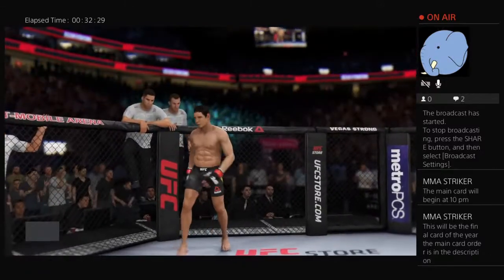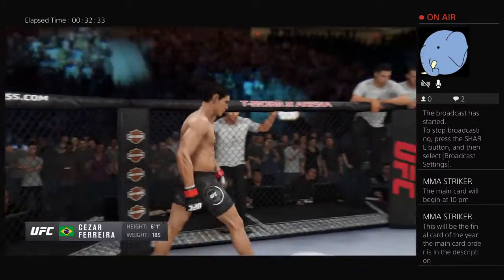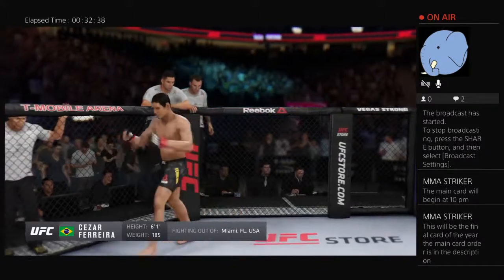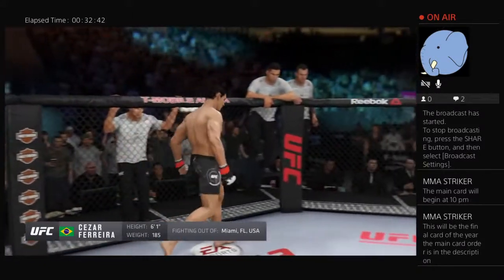and now introducing his opponent, fighting out of the red corner, a mixed martial artist holding a professional record of 14 wins, 7 losses. He stands 6 feet 1 inch tall, weighing in at 185 pounds. Fighting out of Miami, Florida, Souza,